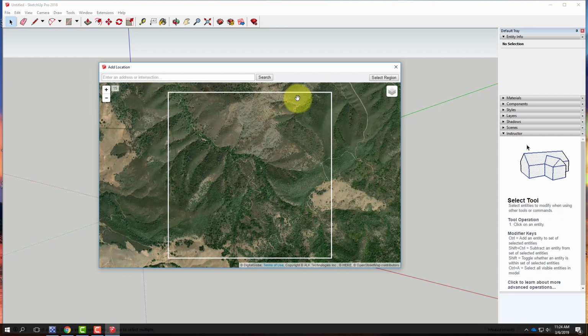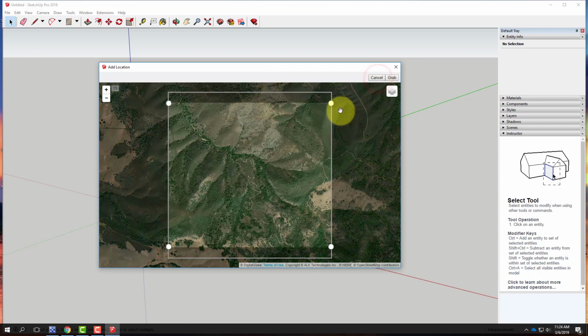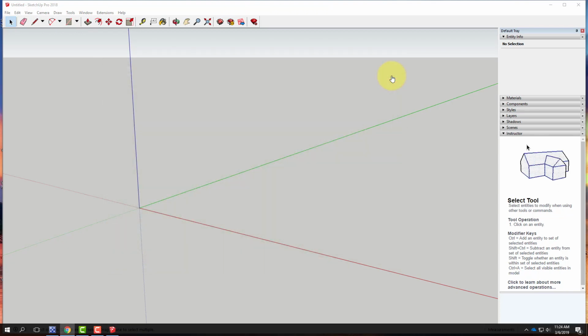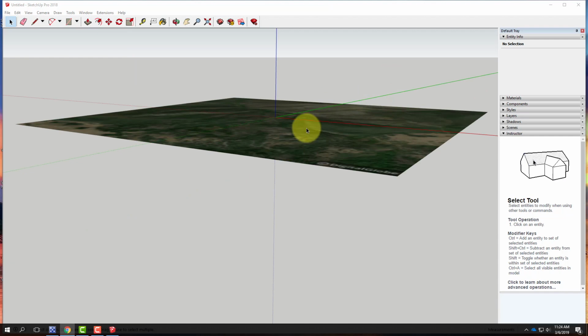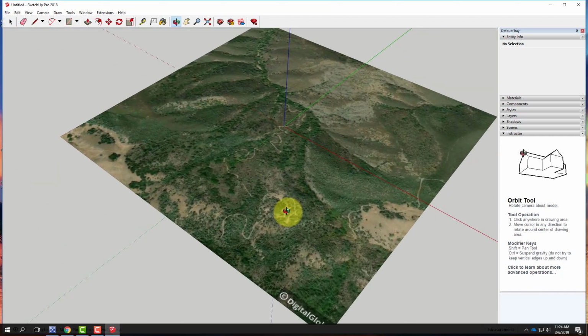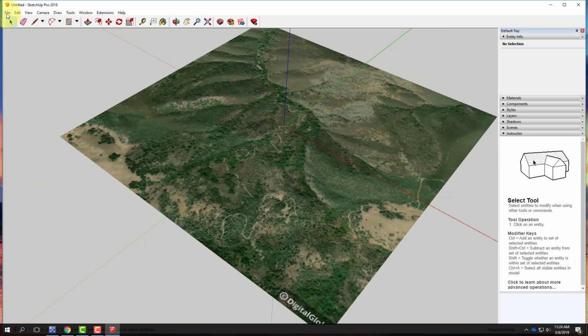Once I have it, I can click on the Select Region button. I can adjust that to get the full region. You see that it's maxing out. I can't get any more than that piece of information. And then I can click the Grab button here. And when I click that Grab button, it's going to bring in the terrain like this. It's not going to look like much yet, but we can take a preview of it by going to the